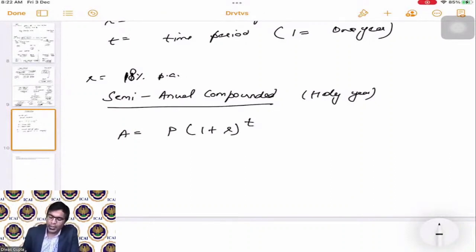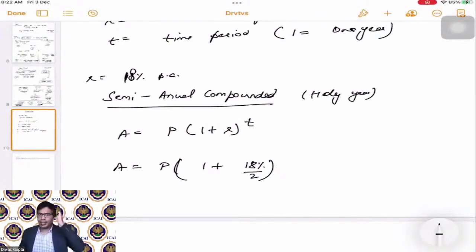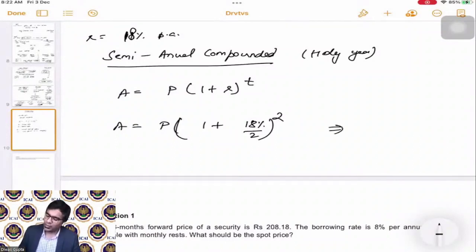Only one thing we are going to change here. Let me derive that first. We will do 1 + 18% divided by 2, because this 18% is a per annum rate, and since it is semi-annually compounded, in a year it will be compounded twice: once in the first half and once in the second half. So this will give us the value after 1 year. A is equal to, after 1 year,